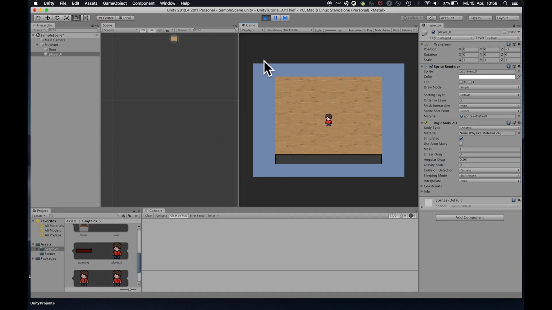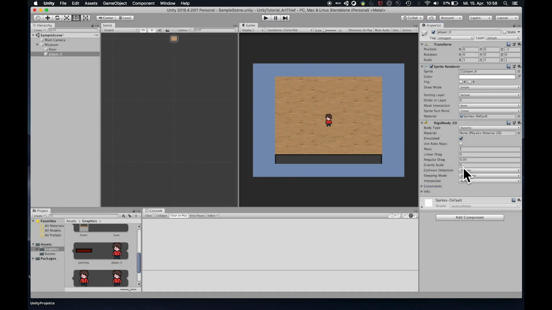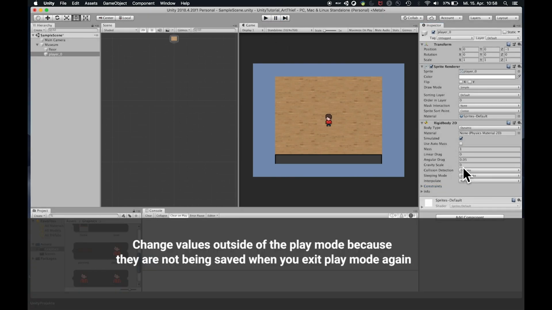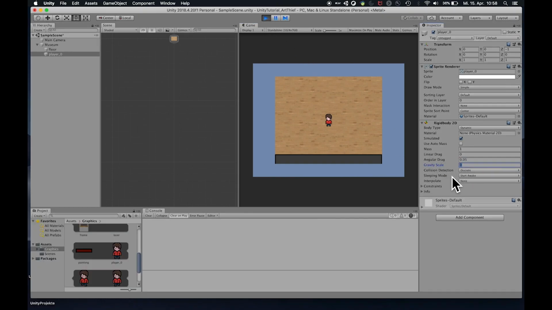Something that can happen is that you now start to change certain things. For example, the gravity. Yeah, of course, now it worked. And you think, oh yeah, 45 is a good gravity. And now you leave the play mode, you will see it snaps back to 0. All the changes you do, you do them while not playing the game. So if I have it at 0 and I think, I'll change it while playing because I think